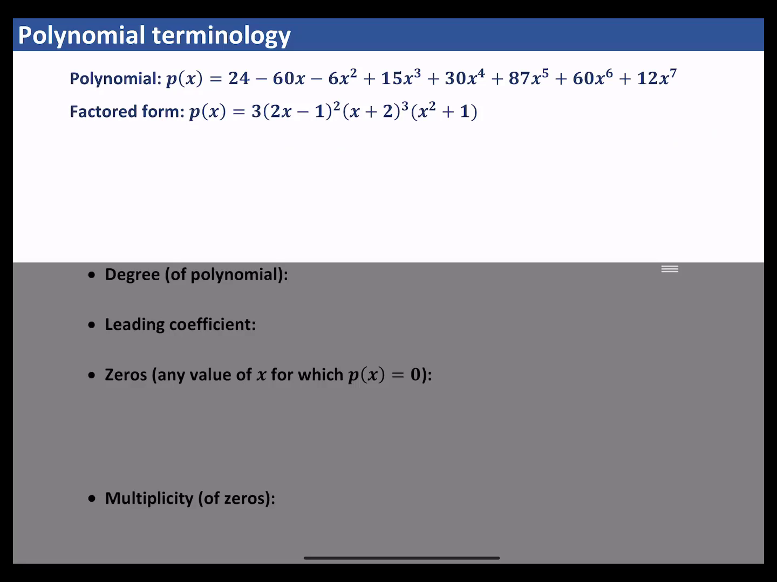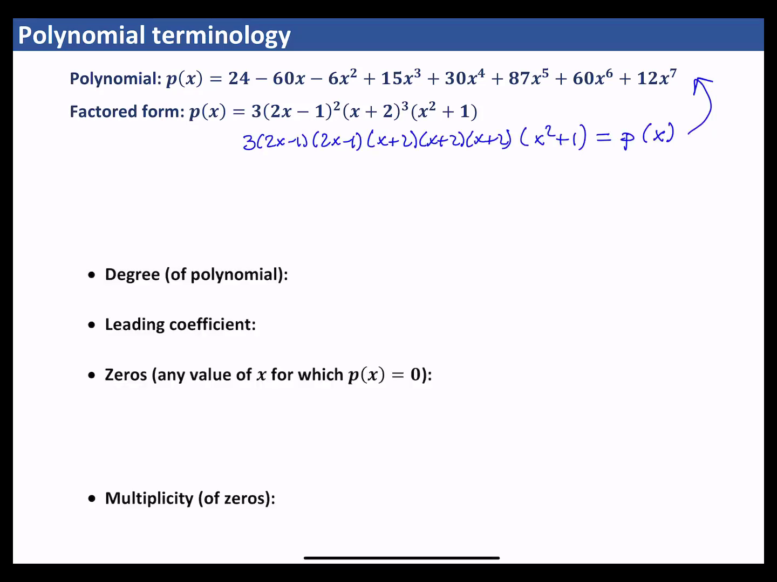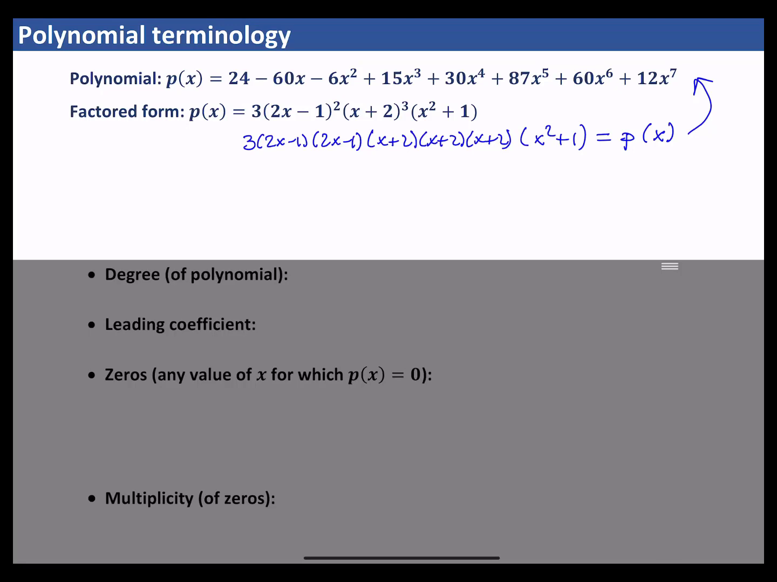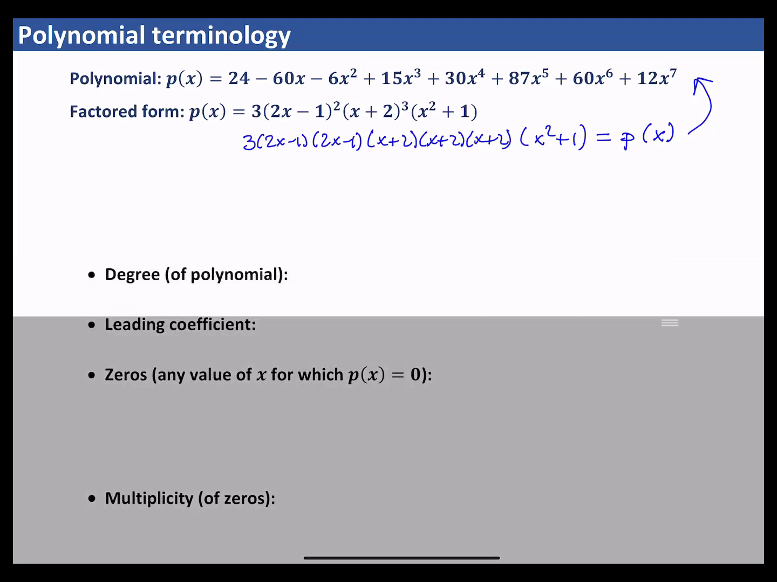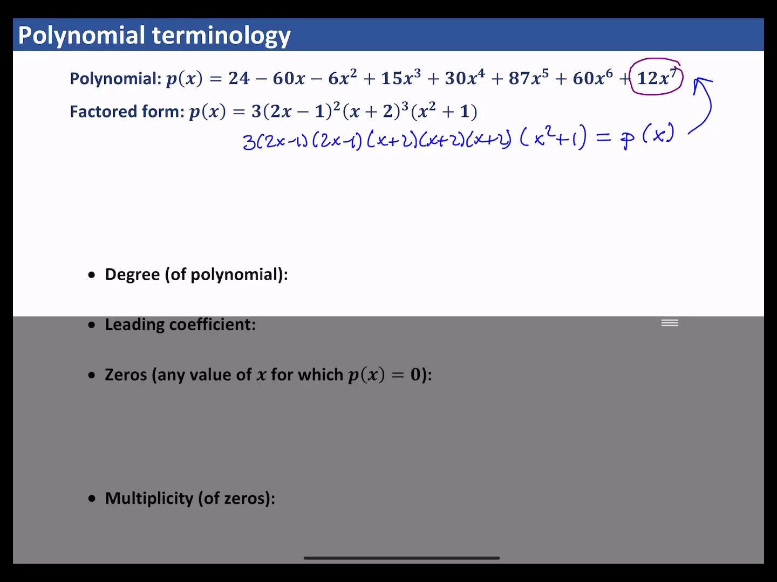It's possible to determine the degree of a polynomial both in expanded form and in factored form. In expanded form, we just identify the term with the greatest power, and that power is the degree of the entire polynomial. So we see from the expanded form that the polynomial has degree 7. In factored form, we have to find the sum of the powers of the exponents to determine the degree. For example,